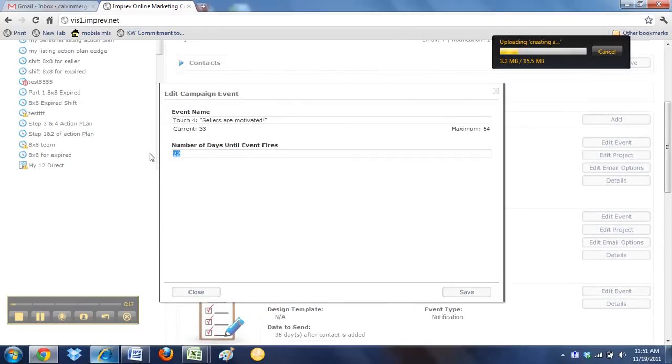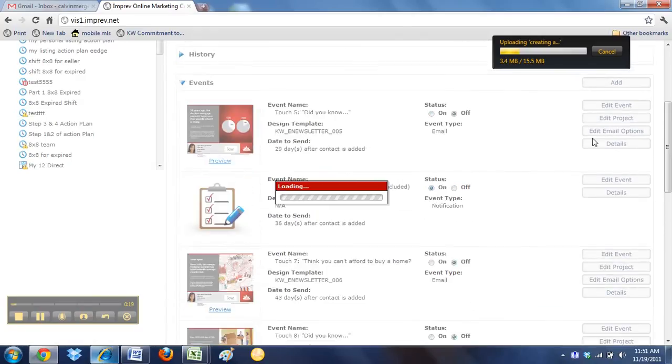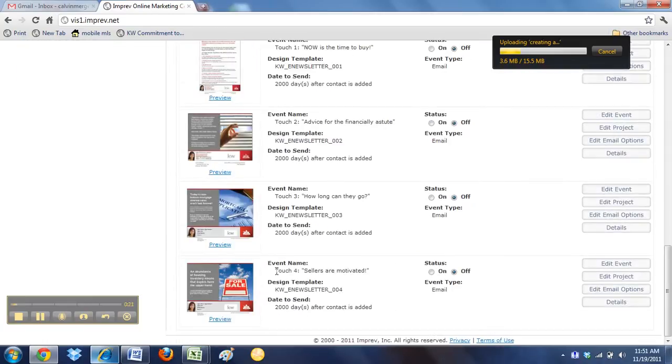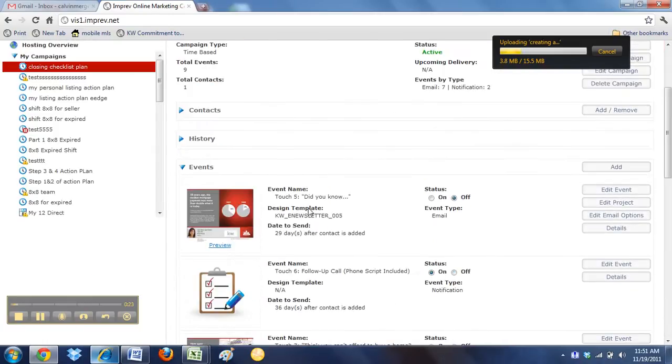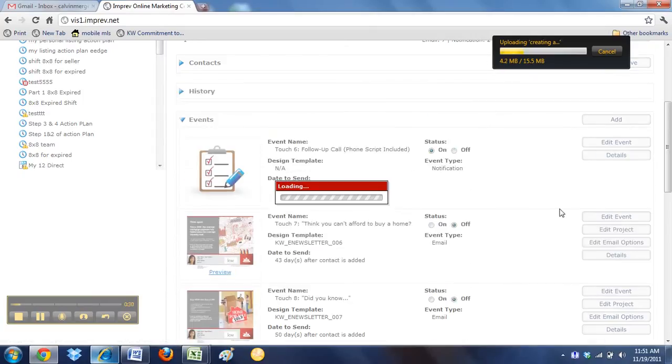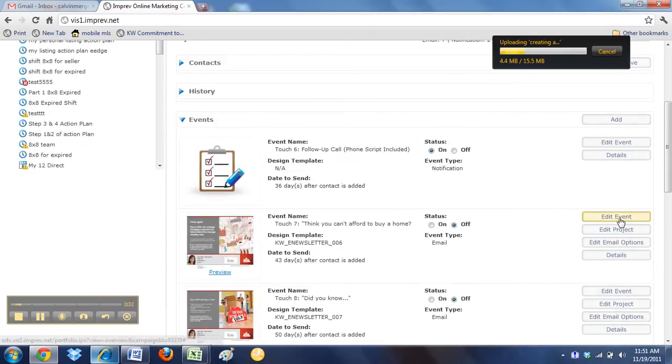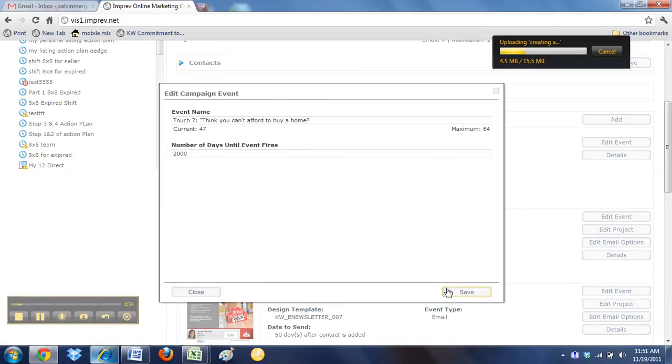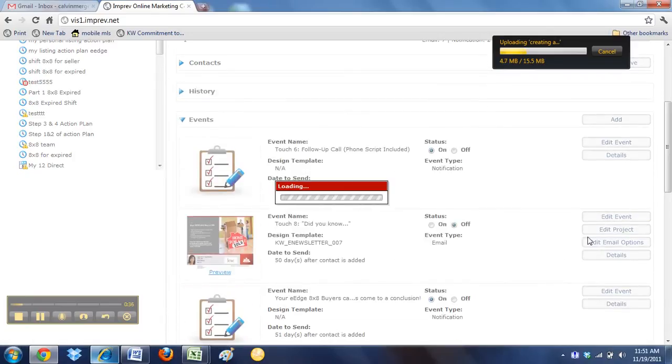So I'll show you what this does. It's actually putting them all to the bottom of the list now, 2,000 days out, because it puts them in order of when stuff is due. That way I don't have to worry about the plan and how it looks, so then I can actually see if I've got everything aligned right. It just makes it easier. And we've got one more to do,